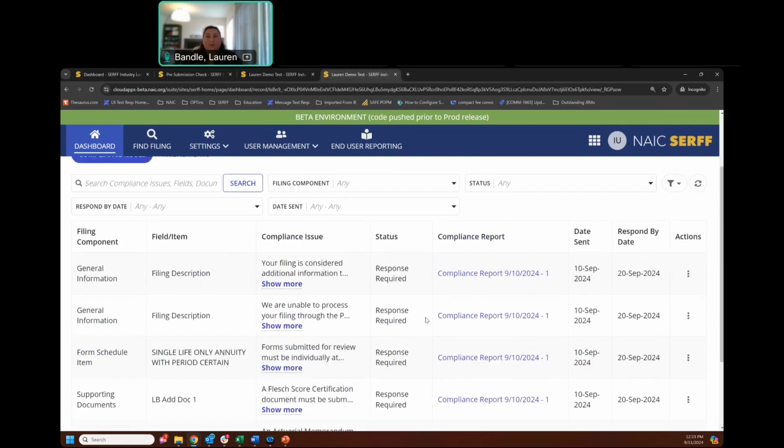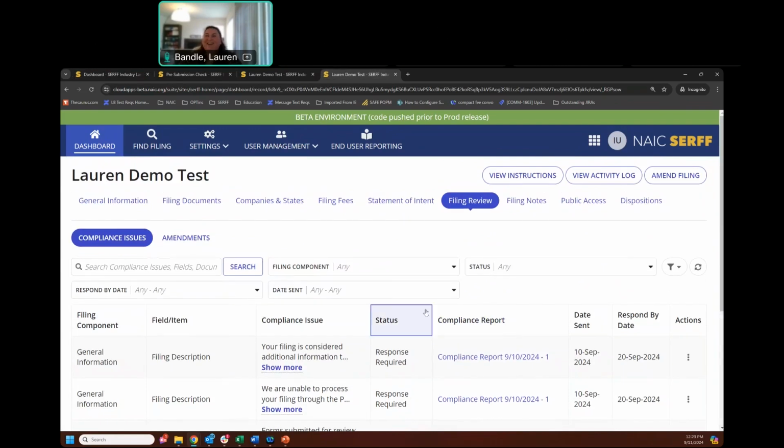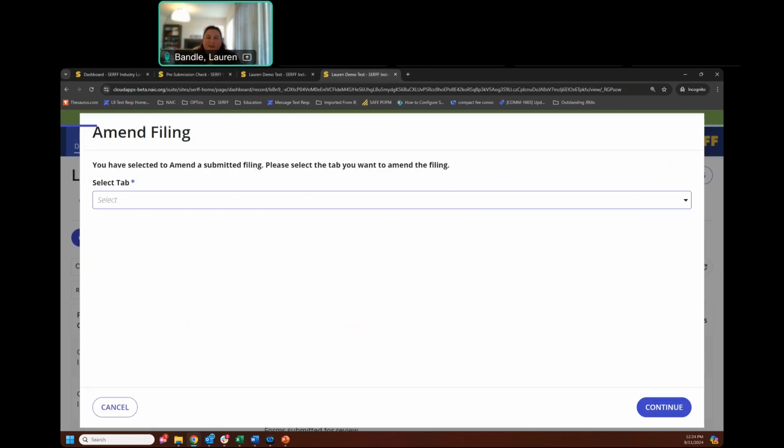So going back into that filing, the next thing I want to talk about is how you actually make changes. How do you make changes on a submitted filing? Well, today in SERFF, we know that we make those changes in numerous ways, right? You've got your post-submission updates, your response letter, your amendment letter, submitting your additional EFT fees, and then if you're changing the company tracking number or status, that's just an edit or update